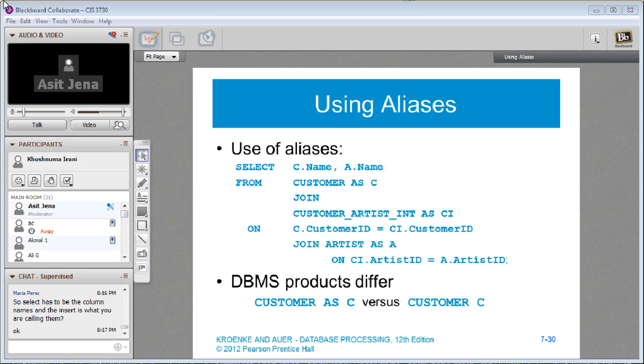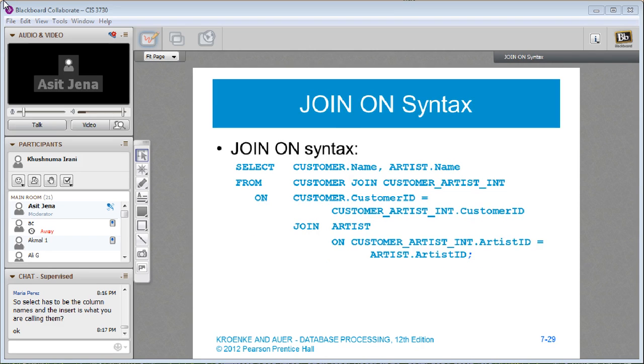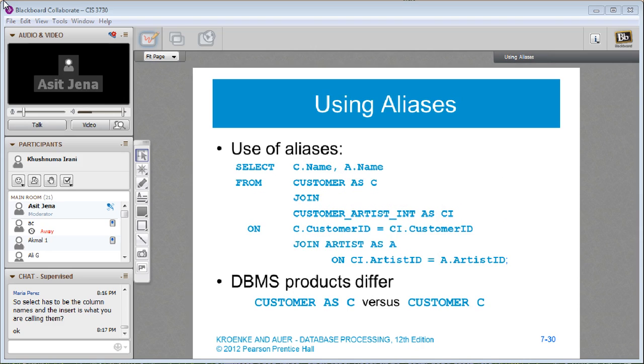I think we have talked about joins. I think you guys are doing pretty well. I don't really want to confuse you by introducing a lot more complex joins as the book does, so I will skip that. But here is the alias, which is very important, and I think it's easy to pick up.